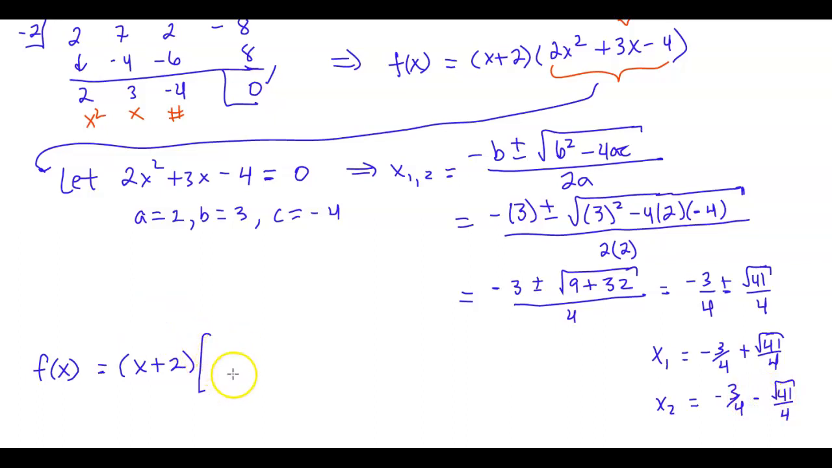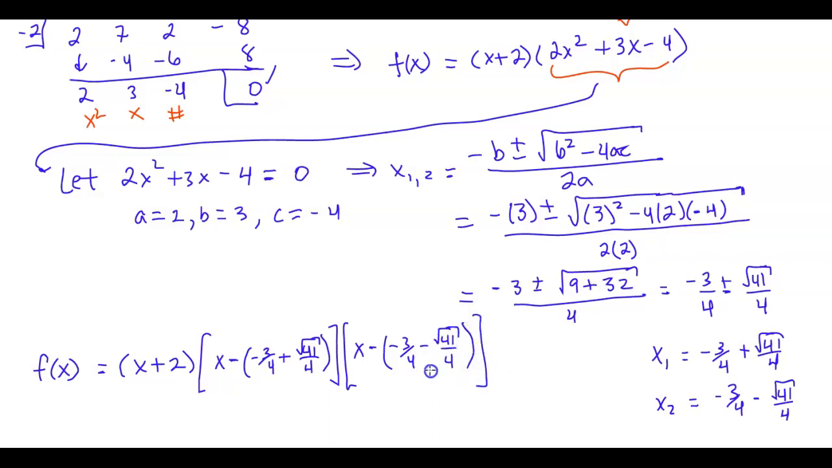And then this is going to be an x minus, and then the first one would be negative 3/4 plus square root of 41 all over 4. And the next one would be x minus negative 3/4 minus square root of 41 all over 4. Okay, so that is what our function would look like if we factored it out as a product of linear